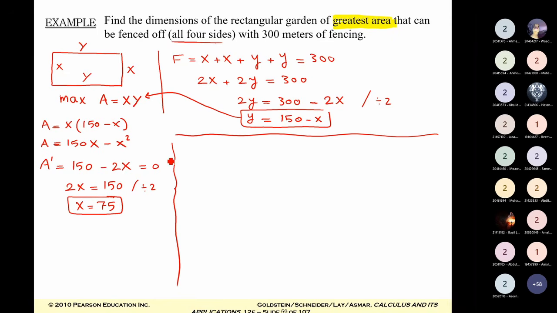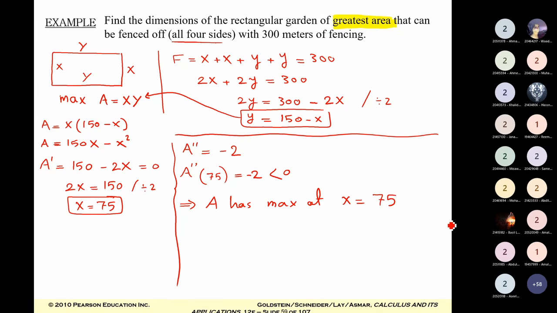Now we need to use the second derivative test, A double prime. A double prime equals minus 2. So when we substitute 75 in A double prime, we also have minus 2. So we have negative, so we can conclude the area has a maximum at x equals